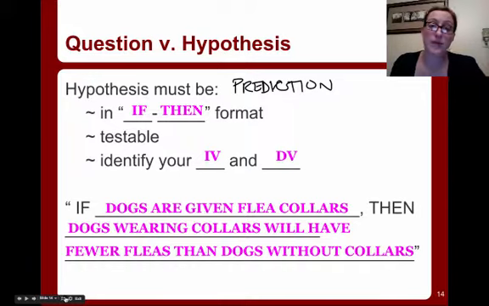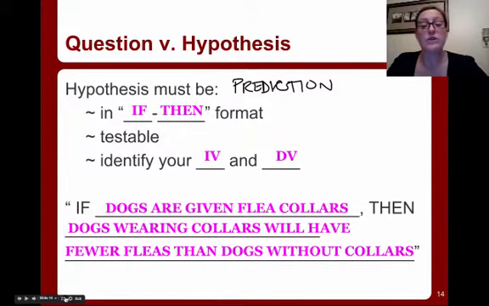So if it's not testable, then the hypothesis is worthless. A good example, something that we can't test in science, a question like, does God exist? To turn that into a hypothesis, there's no point because there's no way that we can provide proof, any sort of scientific evidence to support